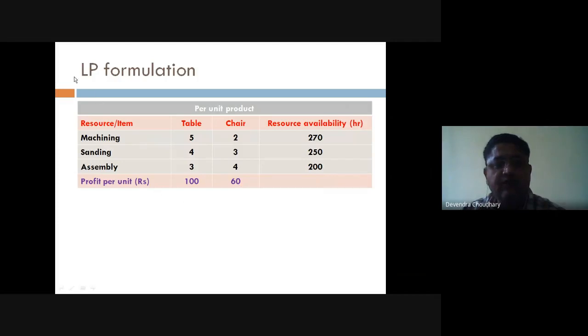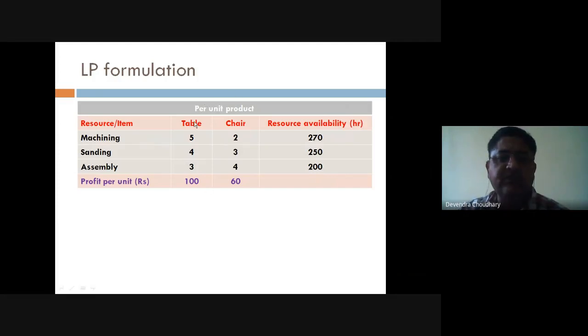So when we formulate this problem as a linear programming problem, we first find out the decision variables. Here these parameters are given, and from these given parameters, in order to maximize the profit, first we have to identify what the decision variables are.